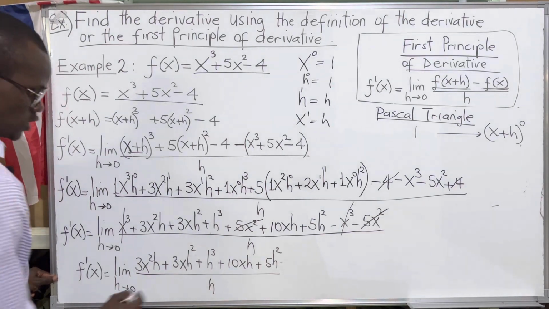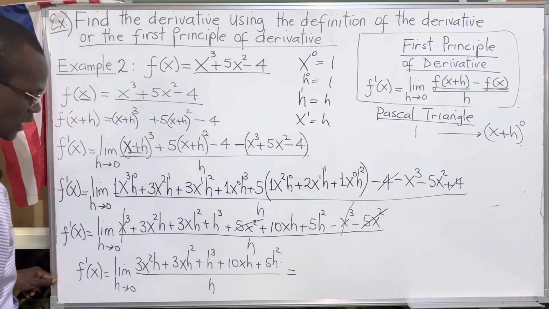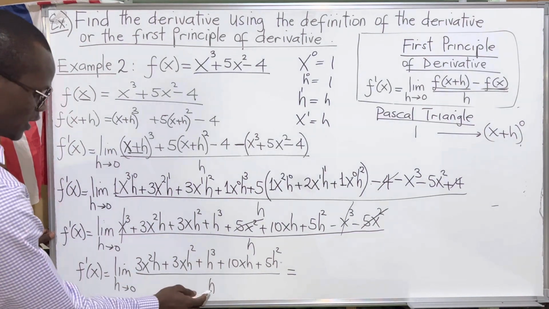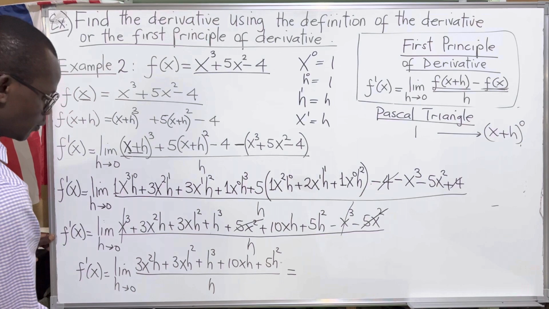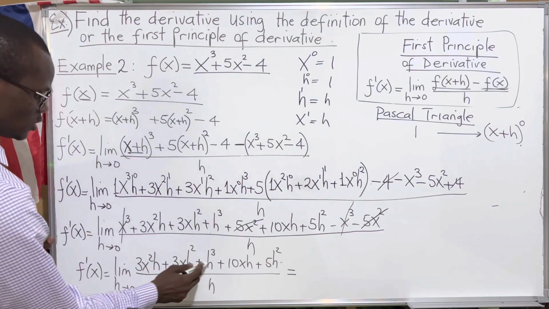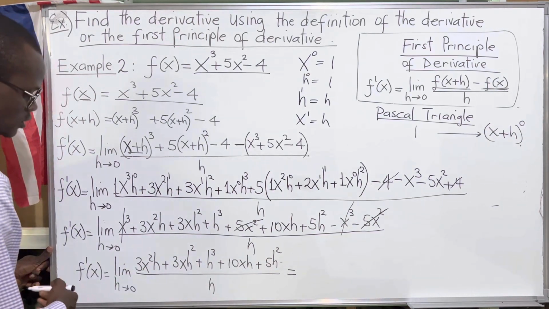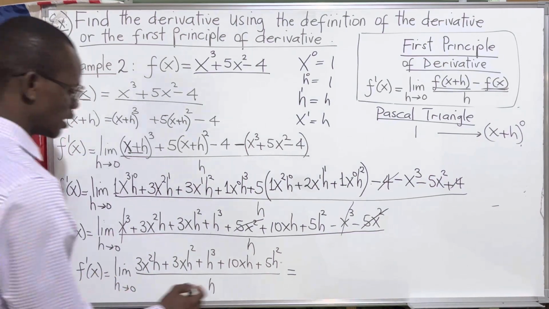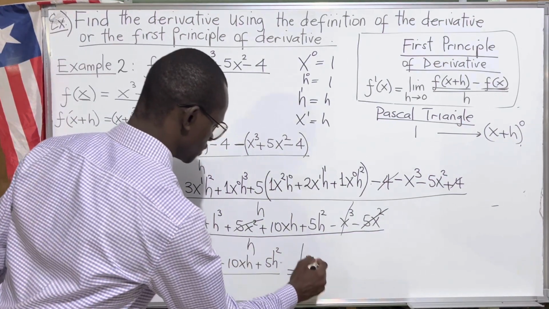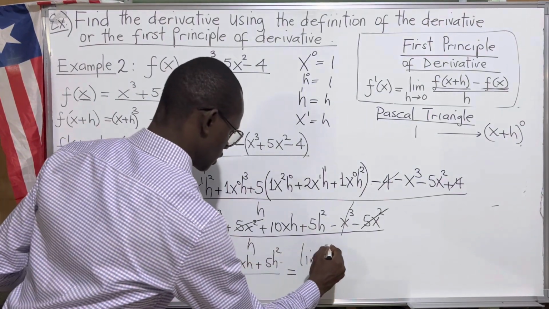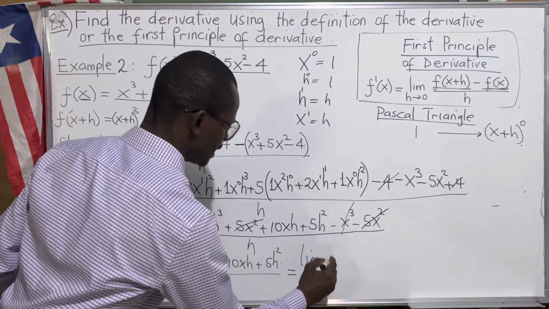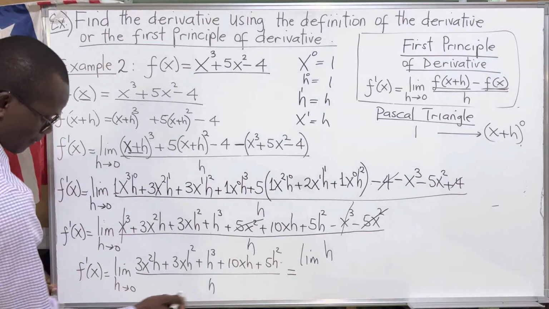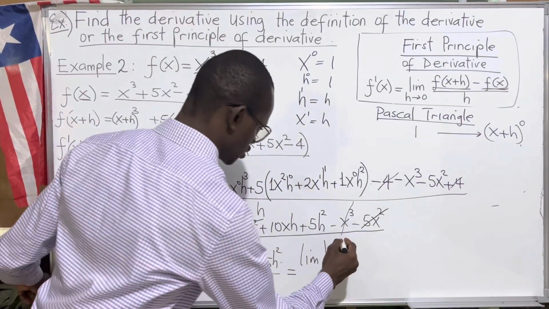So from here, we can apply it in two ways. One, we could say every term divided by h, or we could say since h is in all of the terms, let's factor out h. So in the previous video, we divided all sides by h. So this one now, we're going to factor out h. So we say h comes outside. We just need h raised to the first power to come out because this is h to the first power. So h,